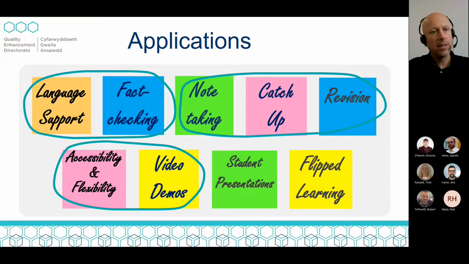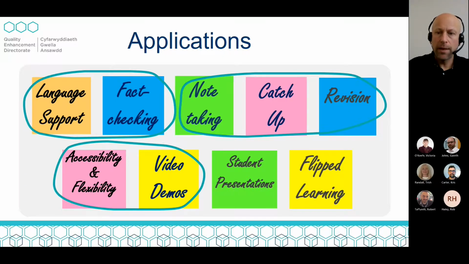Because it is video based, obviously it supports students with different learning styles, and also I mentioned captions for accessibility. And I think because it's recorded content and it's available on demand essentially for students on any device, it really does kind of tick that box for flexibility, and students being able to manage their learning around other requirements such as caring needs or work. And I mentioned video demos as well. For creating content where it's not screen capture, but it might be capturing the process of something practical like in